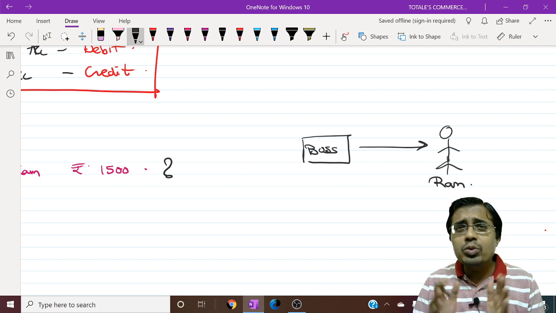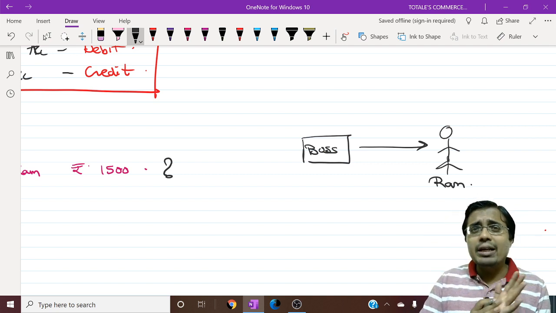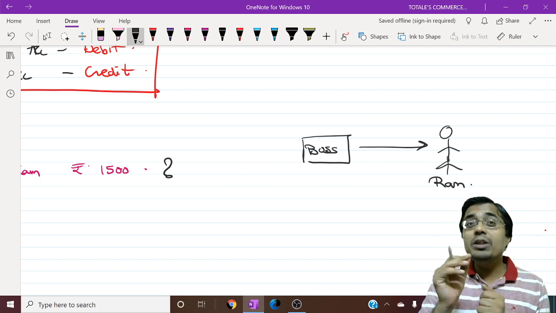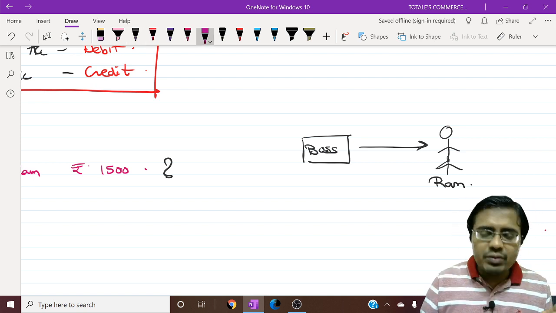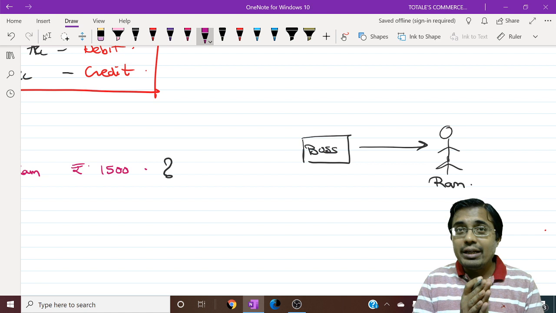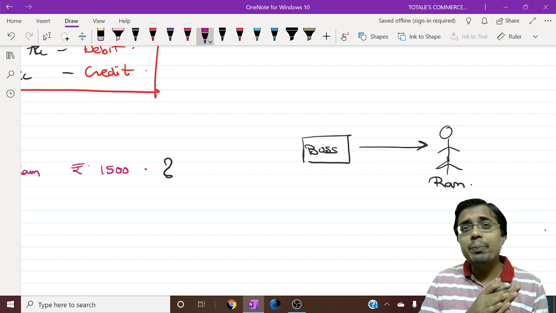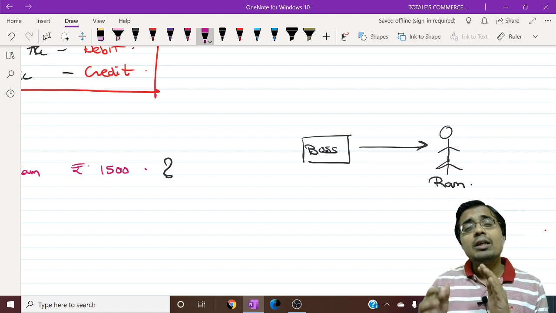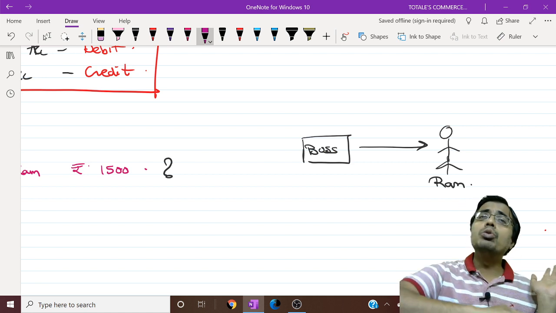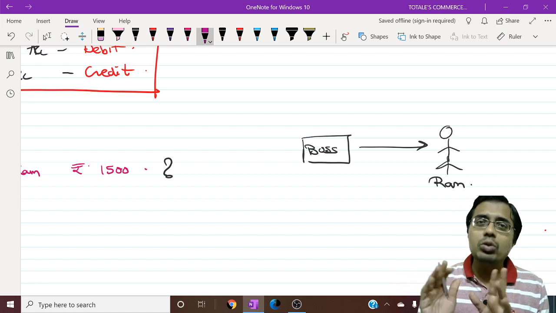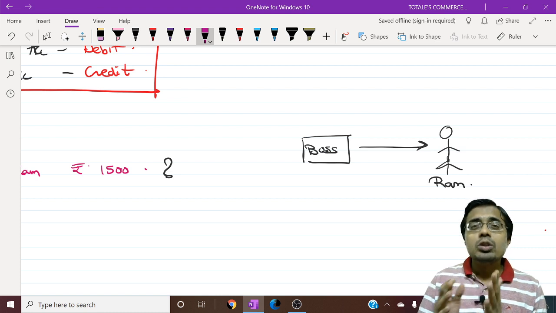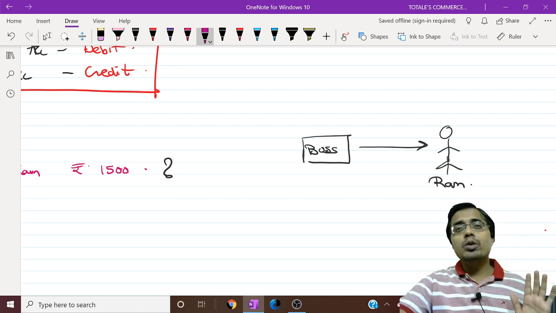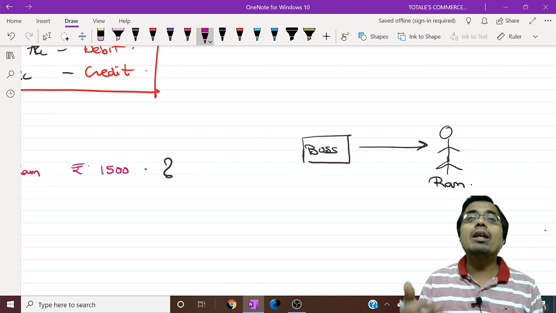Now I want all of you to just give a bit of a stress to your brain and try to understand what would be the reason we are paying Ram. Think 10 times why are we paying Ram? So I'll give you an idea. We are paying him because obviously this money was due beforehand, or we are giving him a loan, either of the two. We have not been told that we are giving him a loan. So it's simple. This money was overdue or it was due beforehand. Now we are repaying it.